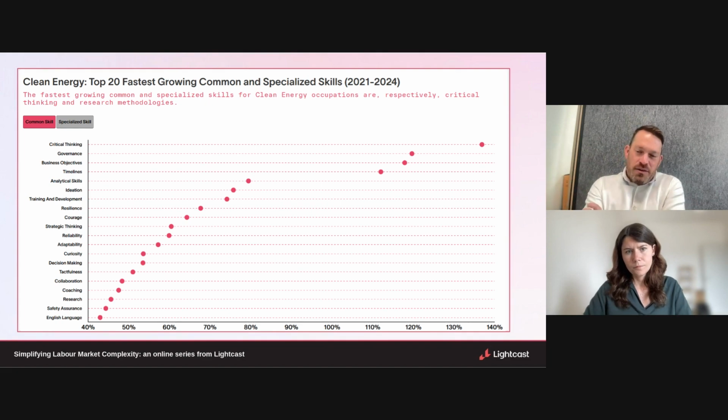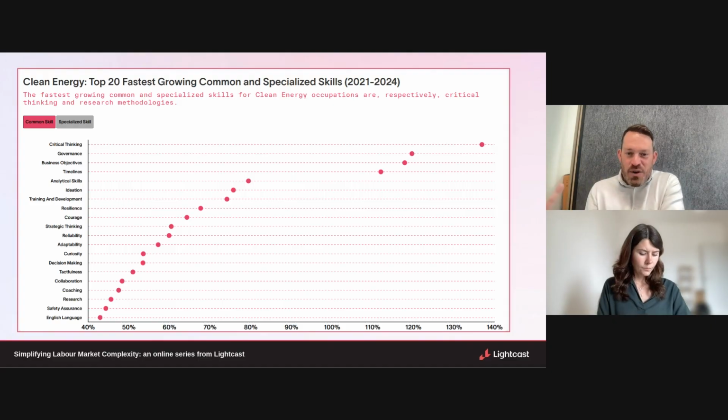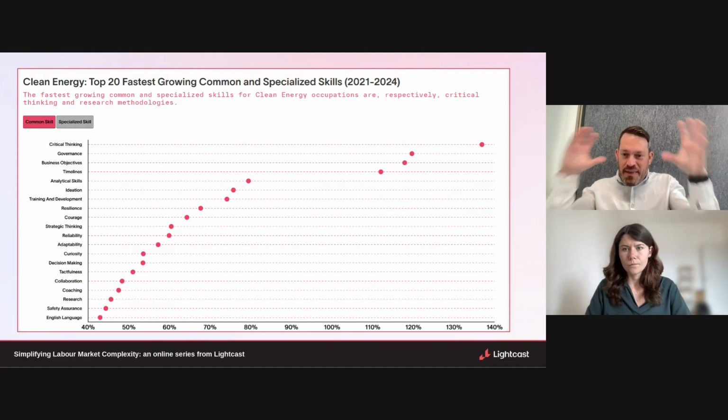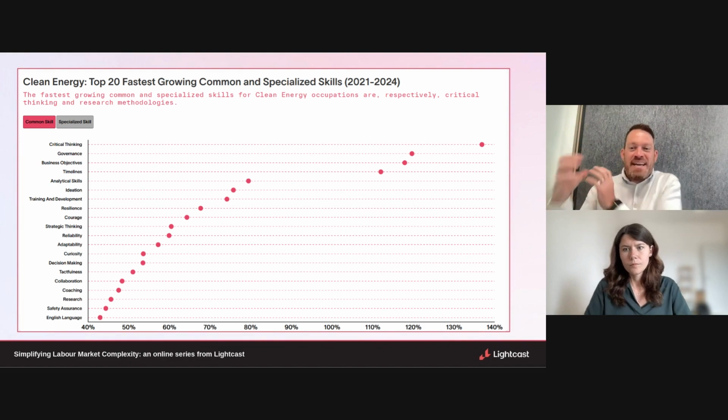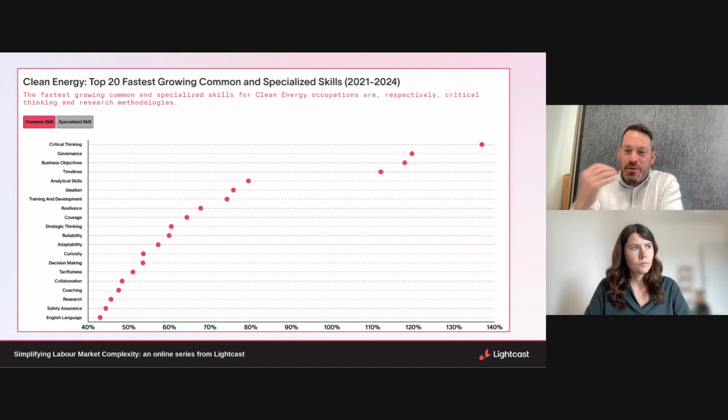Our Lightcast occupation taxonomy, not so granular as the 30,000 skills, just under 2,000 occupations. Well, that's something that we're looking at typically on about an annual cycle, maybe slightly less or more, depending on the frequency of change. But you take that back up to official statistics, and certainly here in the UK, SIC and SOC, well, they tend to be on a 10-year cycle. Some of that's down to the fact that they are so aggregated up. Not a lot of change happens at that same level. The change happens within those groupings.